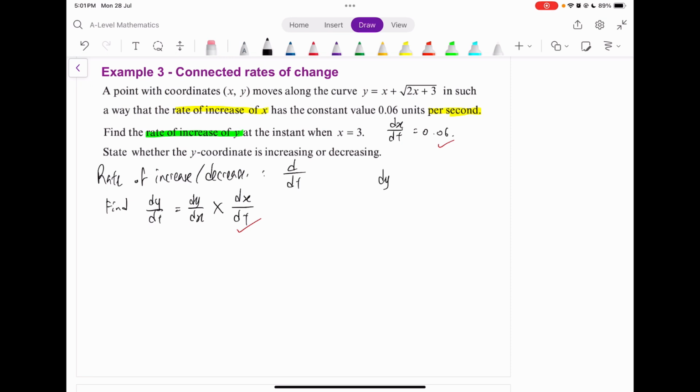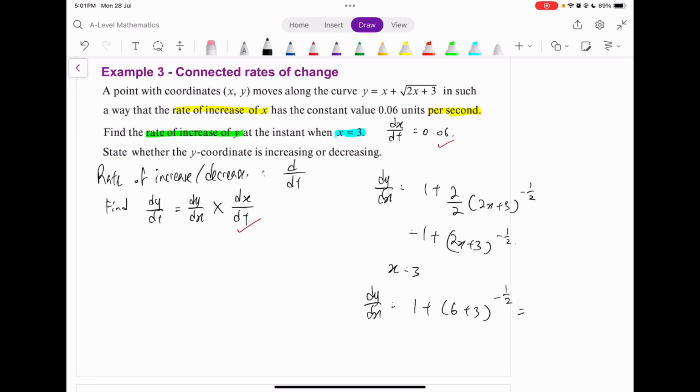So let's have a look. 我们就会有 dy over dx equals to 1 plus the chain rule of it, which is the derivative of the inside 乘以我们的 derivative of the outside。所以这个是 final form。那它有要求 when 什么样的时候没有？有的，which is when x is equals to 3。So therefore，我们这里 all of the x's must be equals to 3。如果我们看到 x，all of them are 3。所以 this is the case，我们就可以得到 when x equals to 3，dy over dx equals to 1 加 6 plus 3。